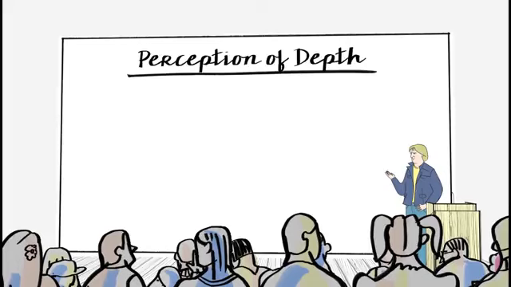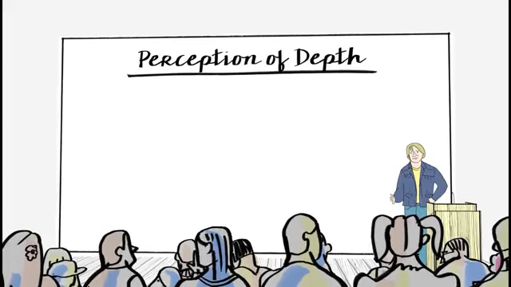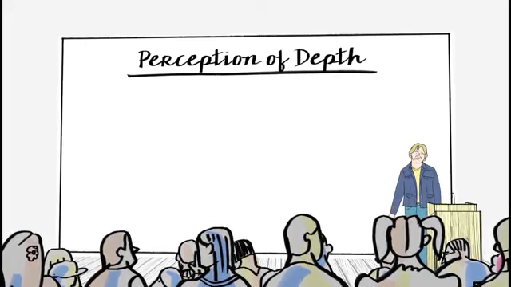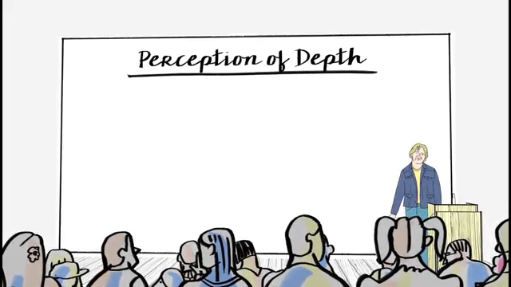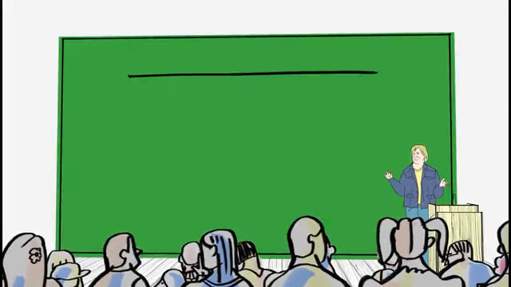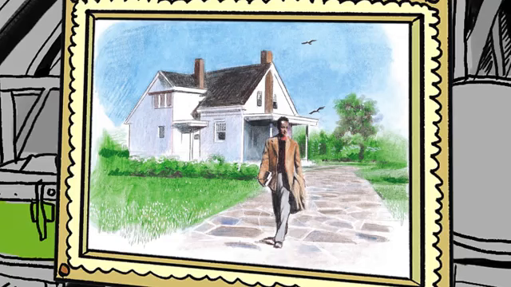Third case study of how we understand the world, how we make an inference about a three-dimensional world from a two-dimensional array, is the case of depth. So you don't see all of these figures as lying along the same plane. You see, for instance, the man in front of the house. And it's an interesting question how you do this, what cues your mind uses to figure out the relative locations